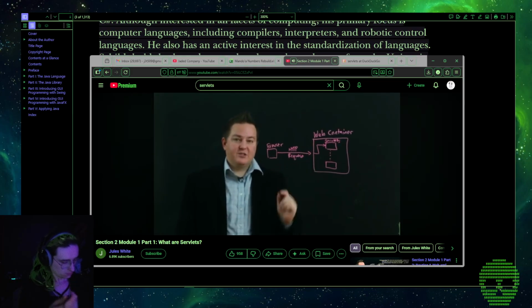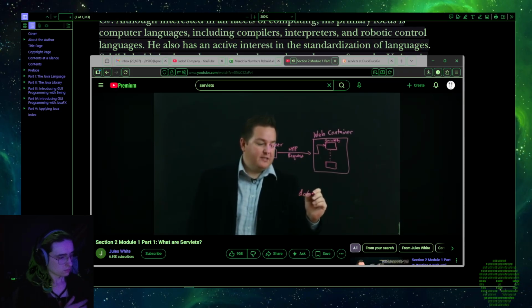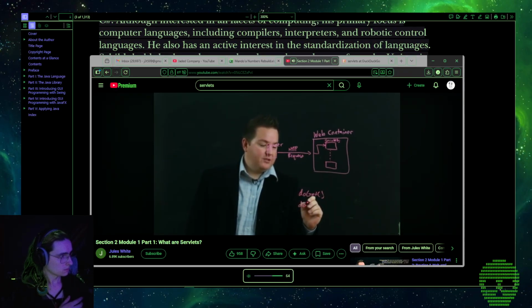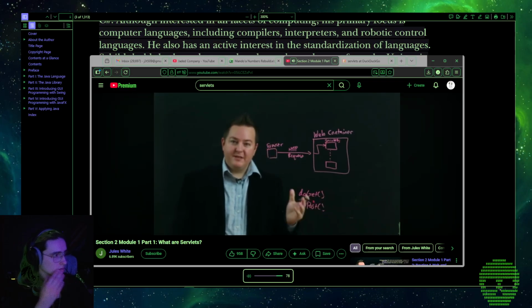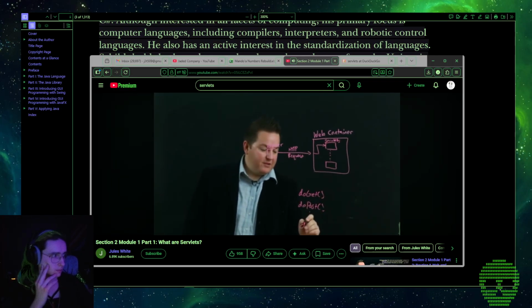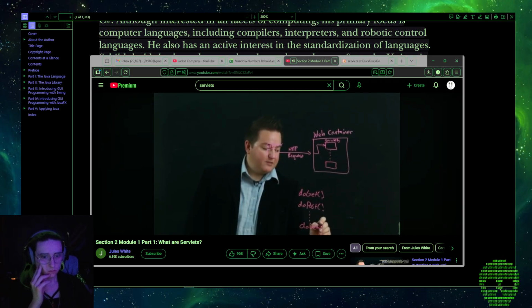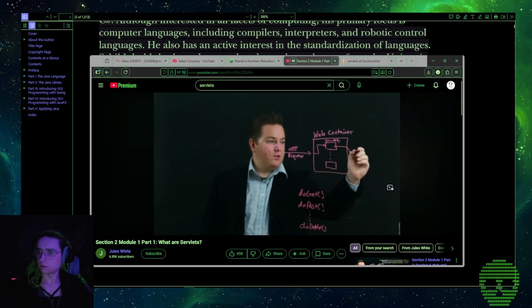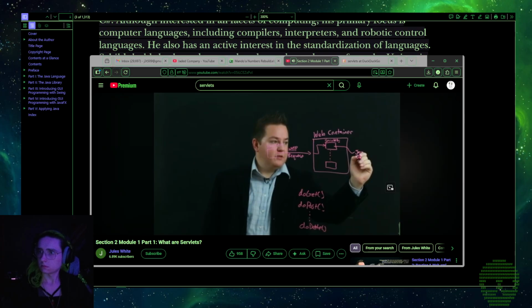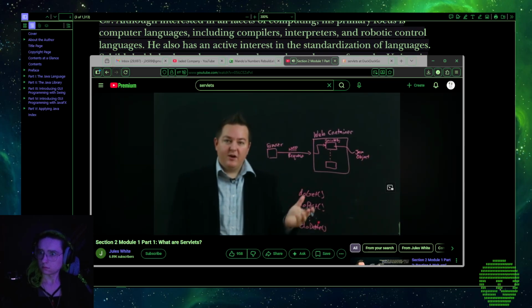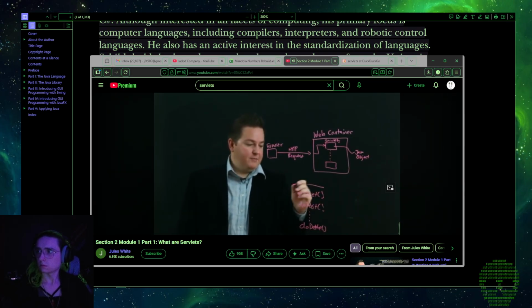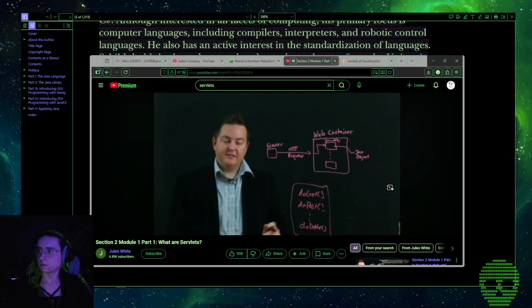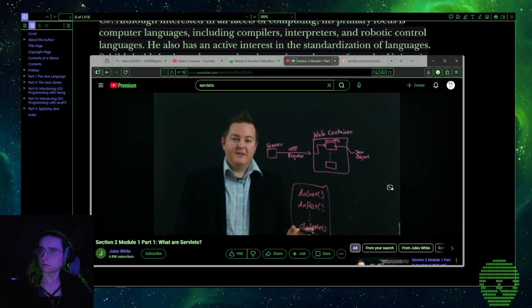Methods that a servlet has are doGet, doPost, and you can probably see a pattern here. You have do methods with various request methods that are part of the HTTP specification. So this servlet is nothing more than a Java object that inherits from servlet and has implementations of the various request handling methods that correspond to the various HTTP request